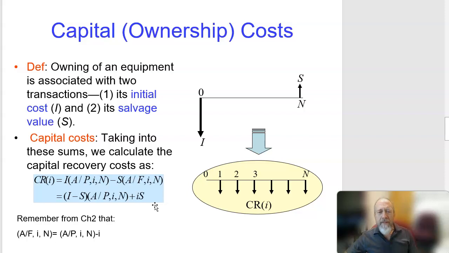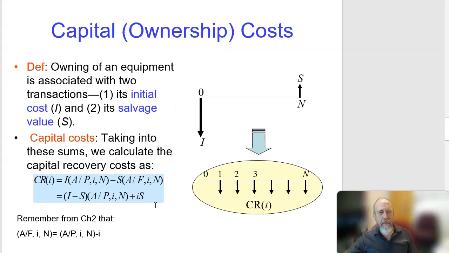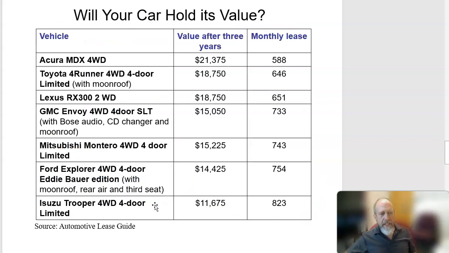What kind of items might follow this model where you can say, well, what is the capital ownership cost? What does this cost out on an annualized basis? Well, cars. We buy cars, okay? And after a period of time, we will either trade them in for some sort of value, still has a net salvage value, or we will sell those. So a typical calculation of this, and this is part of your annualized equivalent, but part of the calculation of this is,